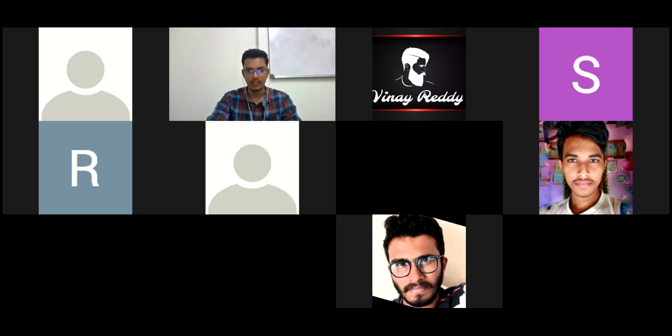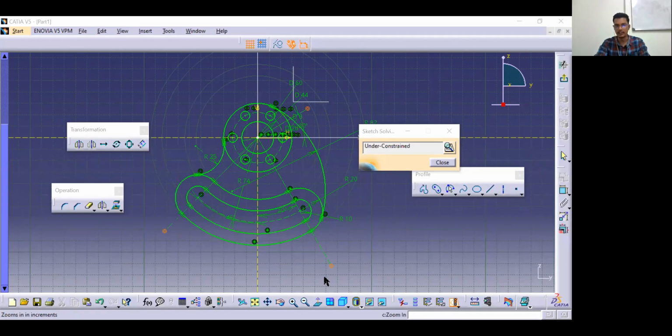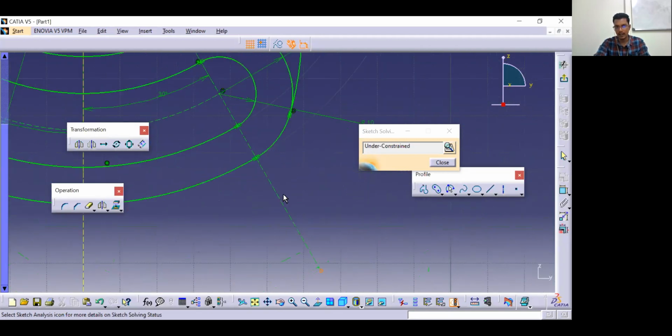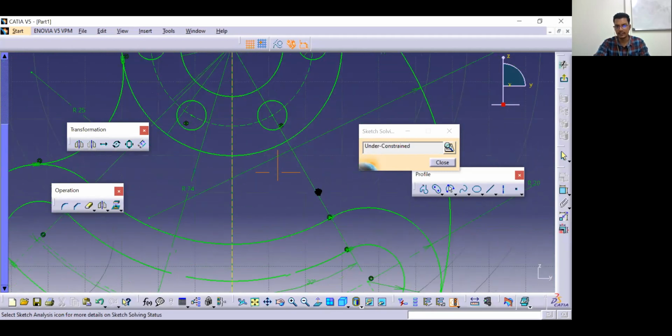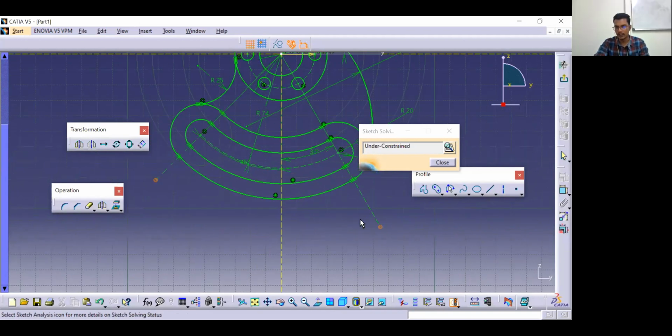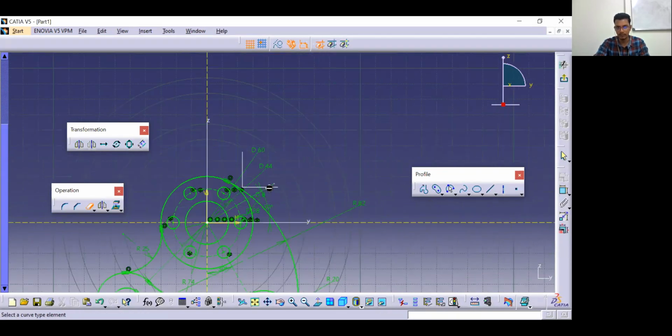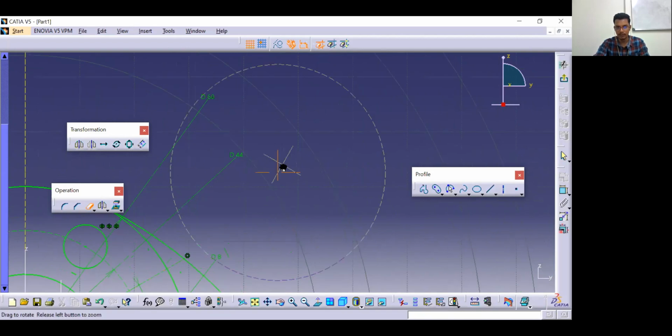So where were we? We are just checking this drawing, whether it is constrained or not. It is showing under constraint and it is showing some of the points here, right? So now those points you can notice are of axis lines. So that is nothing. These are all the reference lines. So it is showing just because it is open in this page. So what I will do is I'll just trim them off. So they'll just connect to the closest point of them.